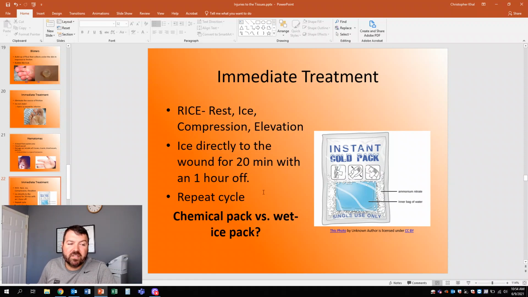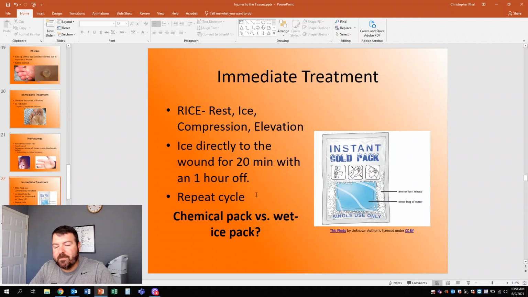All the ice does is try to slow down the metabolism of that injury, which is really important because that can prevent secondary injury, prevent a lot of swelling, and slow down some blood flow to the injury. I don't want to stop blood flow. I don't want to freeze the injury. Keep that in mind. You do not want to freeze it, you just want to slow it down. Ice can also help with pain. It can help slow down the impulse on the nerve, which can decrease the pain.